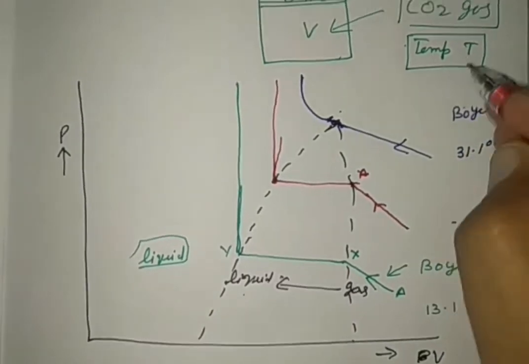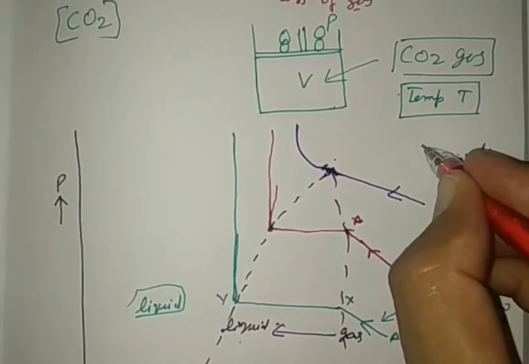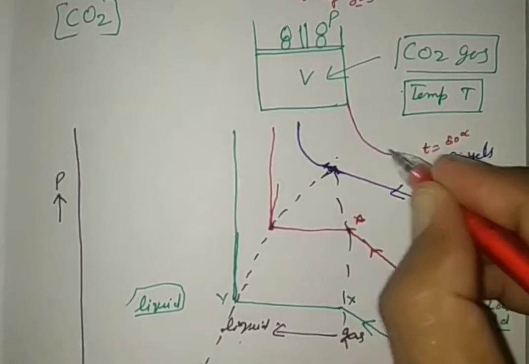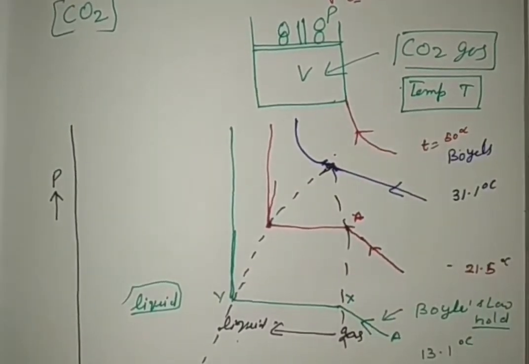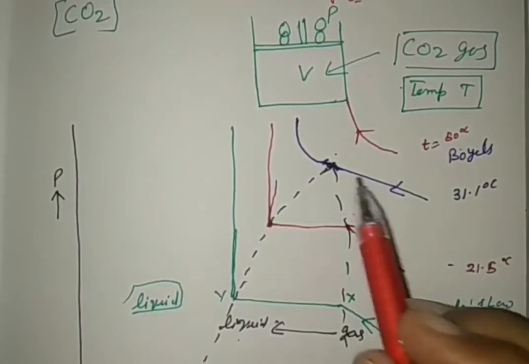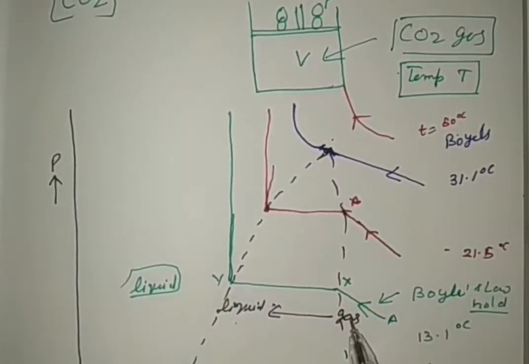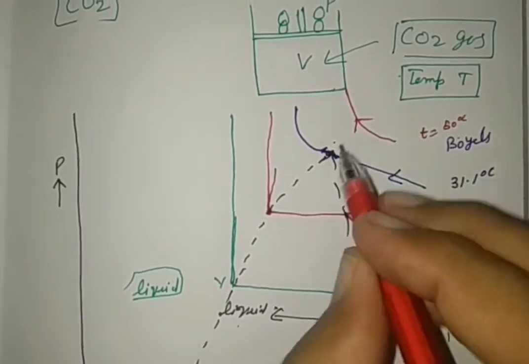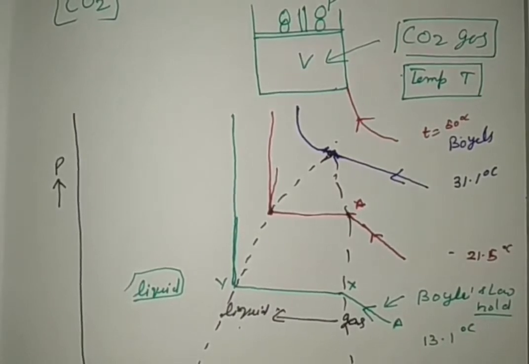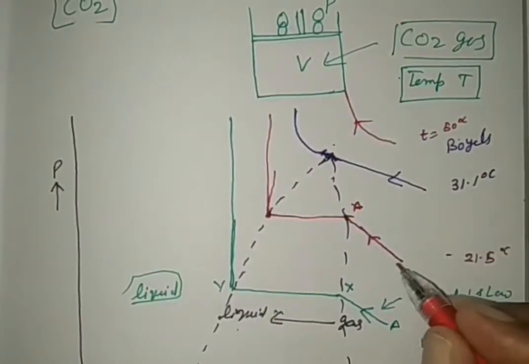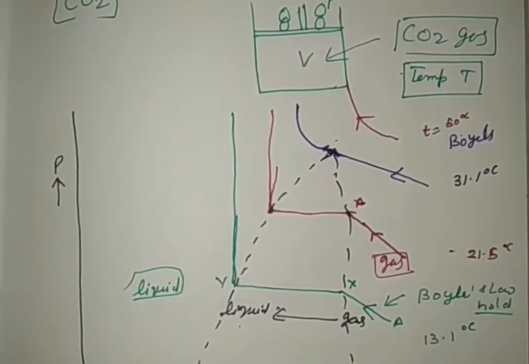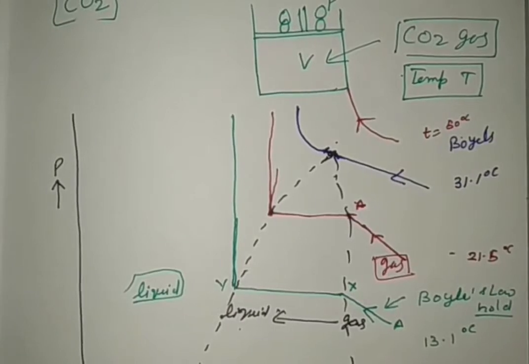suppose, see by the red color again, if we take a temperature around 50 degrees Celsius, this is the curve obtained in this case, and it obeys Boyle's law. No change in the state. Change of state from gaseous state to liquid takes place under this dotted area. See very carefully. On this side the whole region is gaseous state, everywhere at different temperatures.